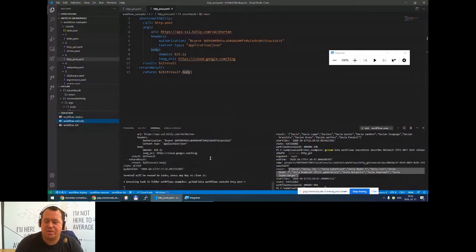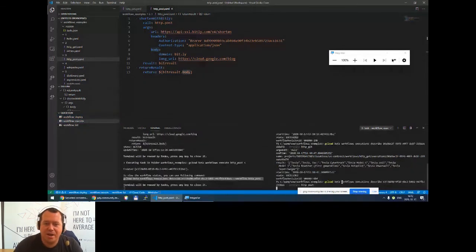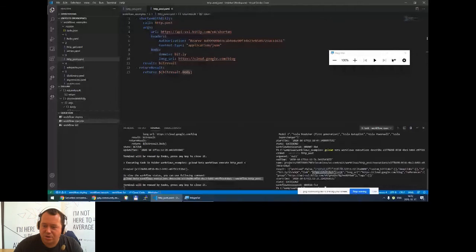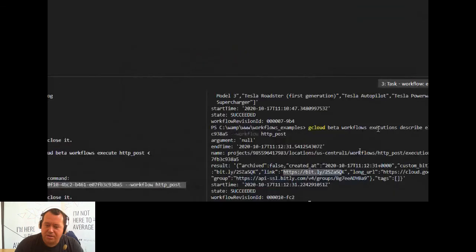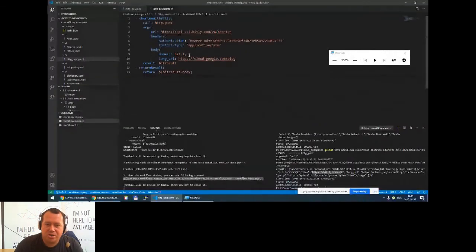I'm showing this from the terminal, but with the API, you are able to automate this from your own application. What you see here is that I got back a JSON structure, and the important thing is that the link, which is the short link, is in here, so I can use this. And if I was to change the domain, for example, EMP, which is also supported by their API, I'm going to deploy,